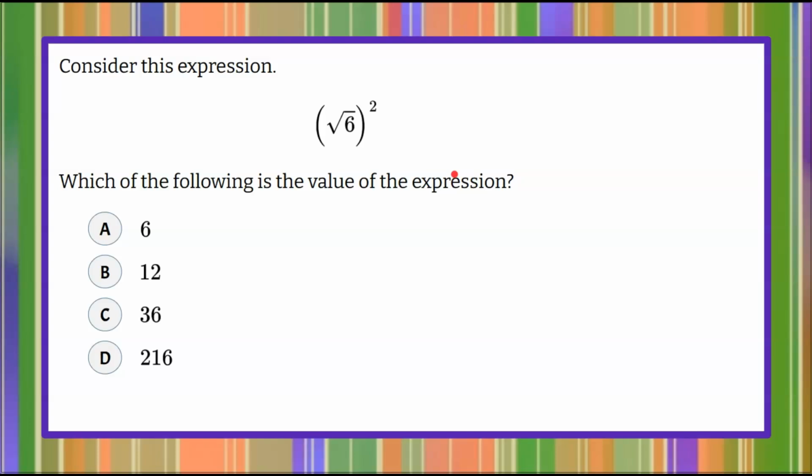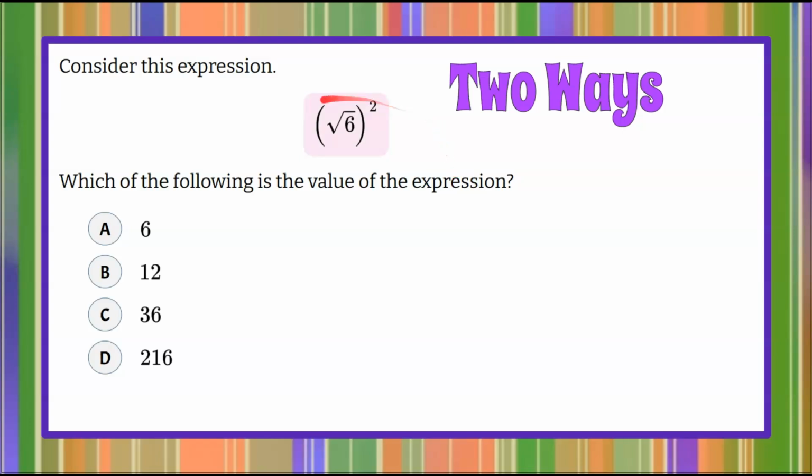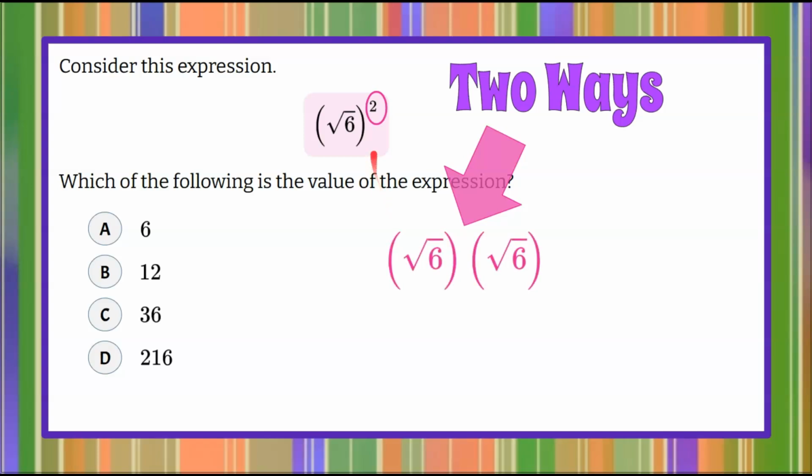Good luck. Welcome back. So once again, I'm going to show you two ways to look at this radical expression, and we're going to simplify it in two ways. So the first way is that we're going to consider we have an exponent of 2. So when we have a power with an exponent of 2, that is telling us to take the base and multiply it by itself. So this is an equivalent expression, the square root of 6 multiplied by the square root